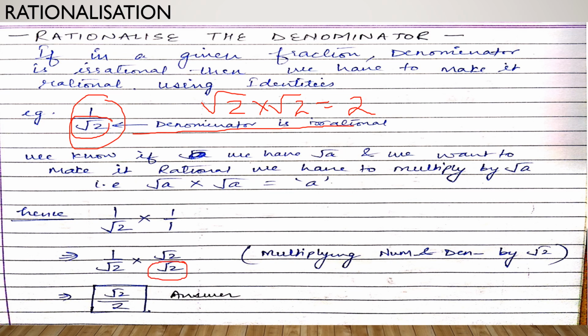So we have to multiply by root 2 in the denominator. But if we are doing it in the denominator, to maintain the balance I have to multiply in the numerator also, because I can't just multiply from my side in the denominator. I have to take a ratio always, because we know 1 upon 1 is okay. This is also actually 1 upon 1 only. So when you multiply with root 2 in the denominator, you get root 2 into root 2 as 2 and root 2 into 1 as root 2. So you have got your answer in which the numerator is irrational and the denominator is rational. And we are okay with it because our priority is to make denominators rational numbers. I hope you got this.